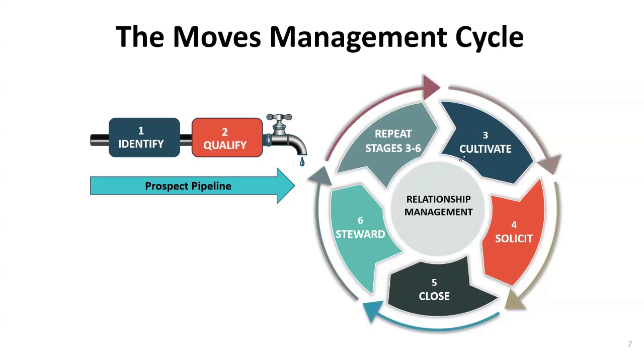And that's why you see the circle here and why the arrows keep going around and around, because you begin the cultivation process, which then proceeds to the solicitation process, the process to close the gift, which often means the documentation around that gift and receiving the funds. Then there's the stewardship piece, and then you repeat it all over again because you're eyeing that same donor for